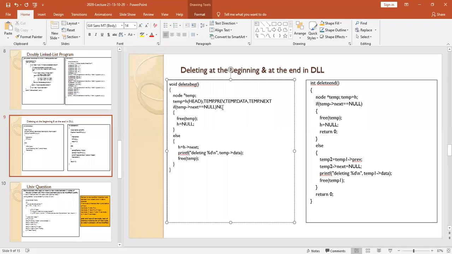So this will happen only when you have only one node. When you have only one node, temp then next will always be null. So at that time you go for free of temp, which will delete the node. Then mark h is equal to null. As there is only one node, at that time temp then next is equal